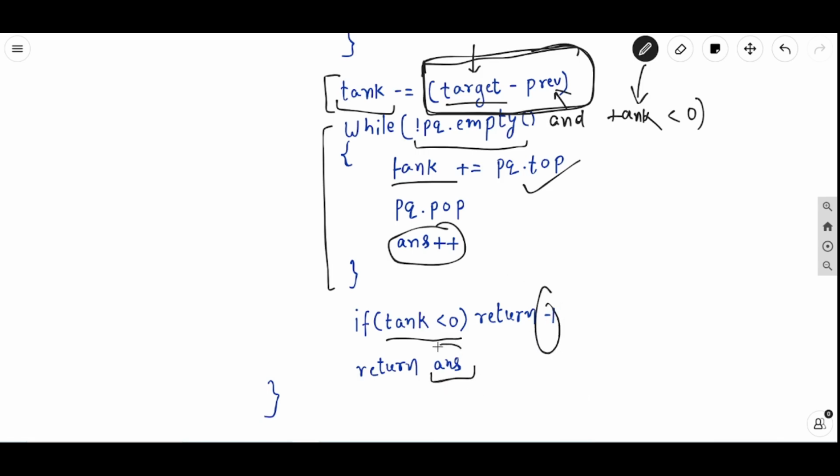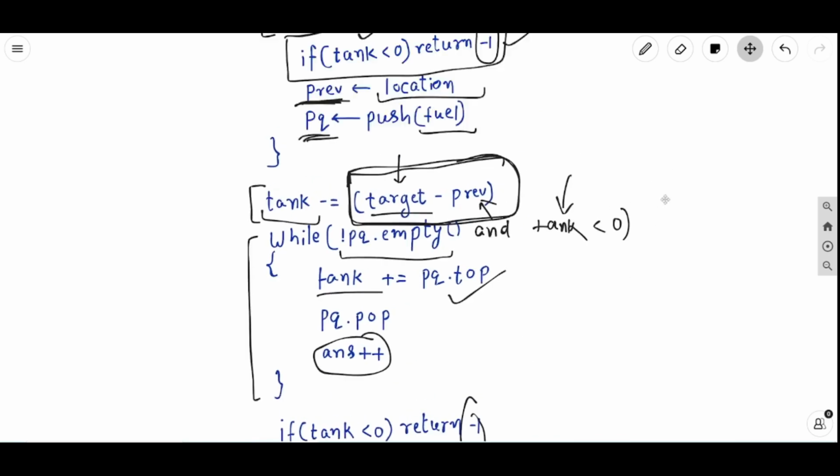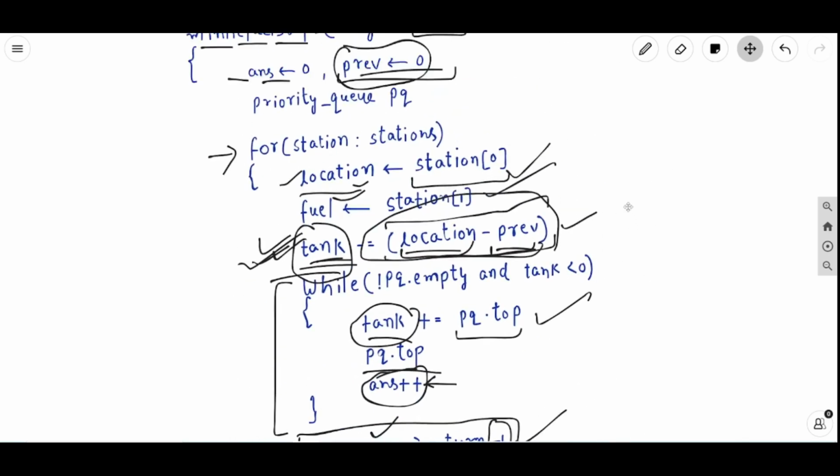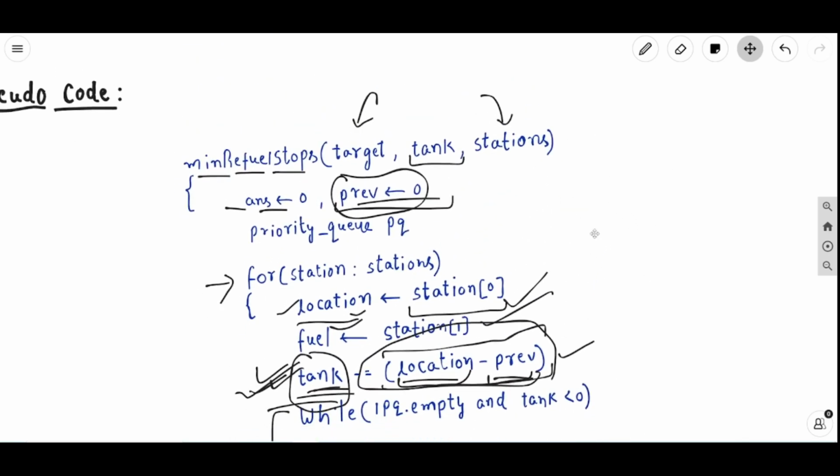Otherwise, I was able to arrive at the target location, and in that case I will return the answer, which represents the number of gas stations at which I had to stop to reach the target location. Fine. So in this fashion this algorithm is working. I hope you got this code line by line,